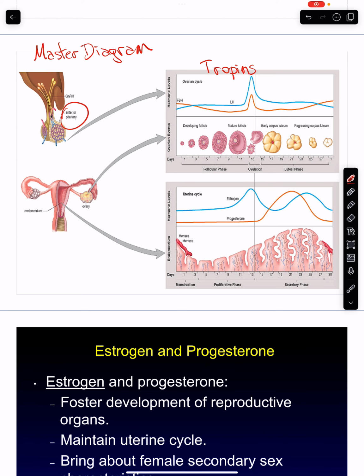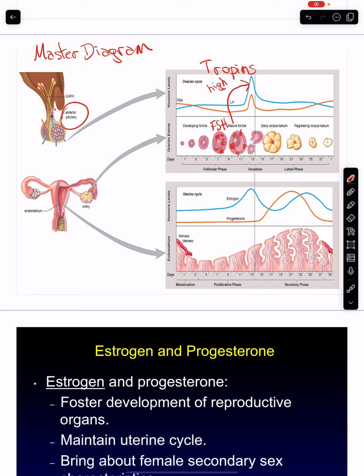The fact that the egg develops, this is because of FSH. This is all about follicle stimulating hormone. Estrogen levels begin to rise because estrogen is going to be secreted by these cells. All these cells right here start to secrete a lot of estrogen. And as estrogen levels peak near to ovulation, it's actually high estrogen levels that